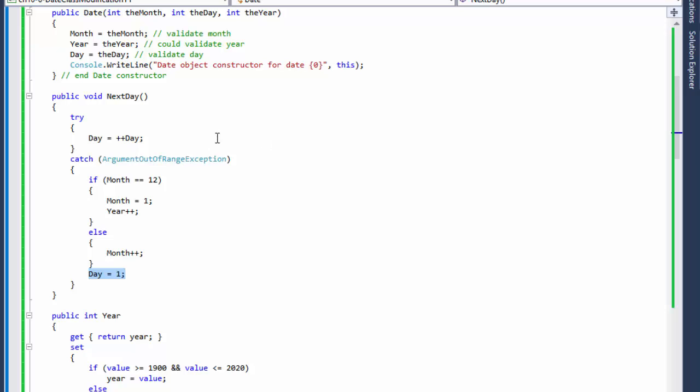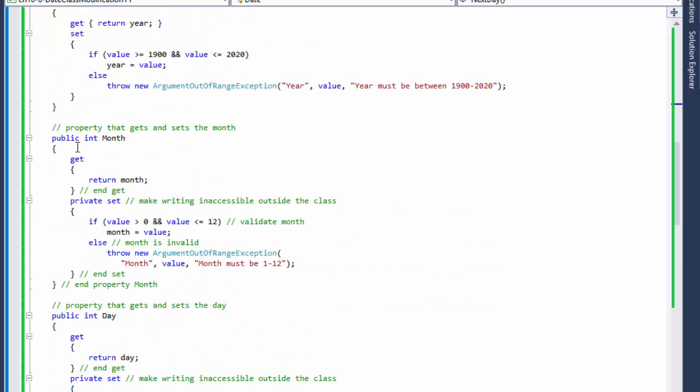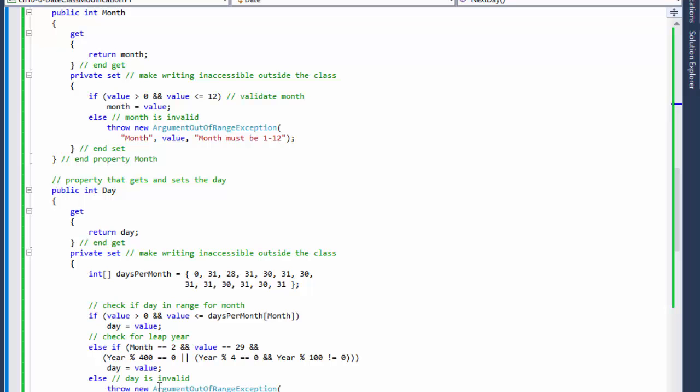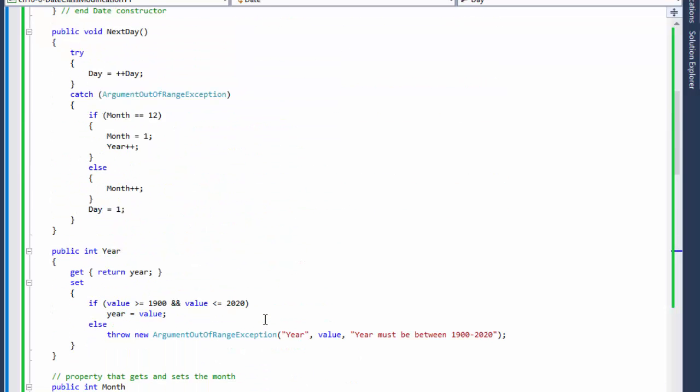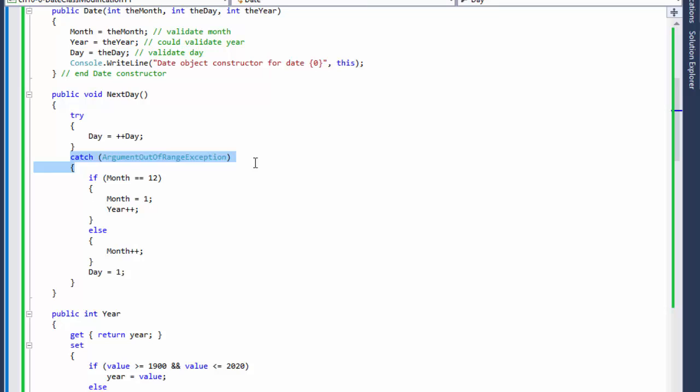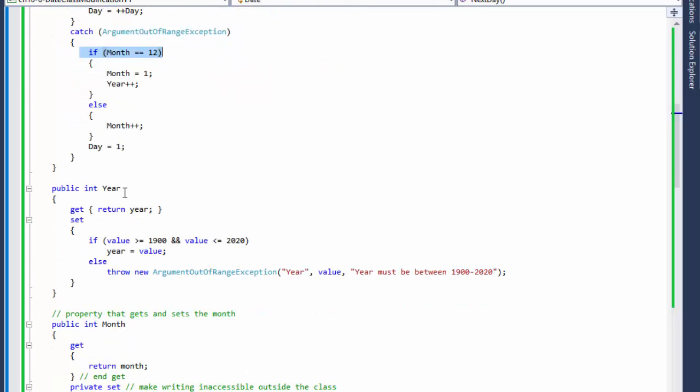And it goes again to January, and it does this 31 times. Then it comes 32 times, which won't validate over here in the day property. It returns the argument out of range exception that we catch. So it comes over here. Is month 12? No, the month currently is 1, so we don't get a new year. We'll simply increase the months. So we come over here and increase the month from 1 to 2, and day to 1, of course, because